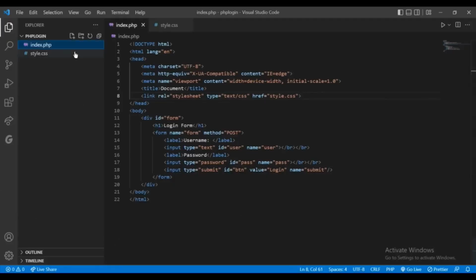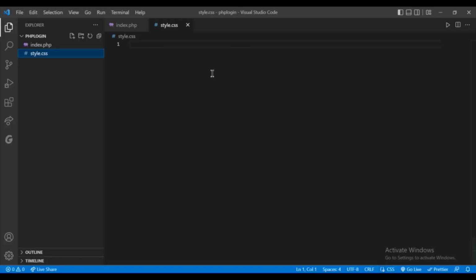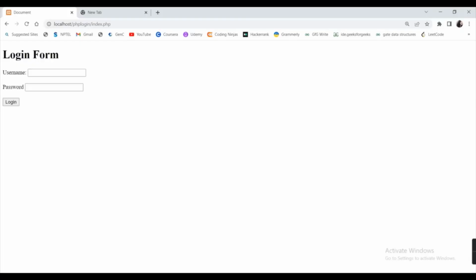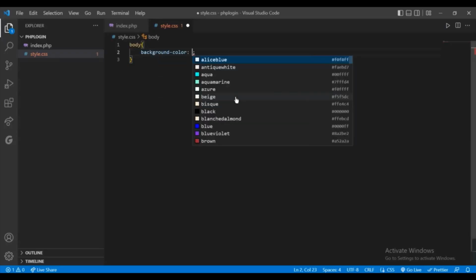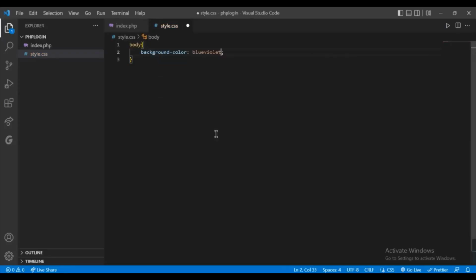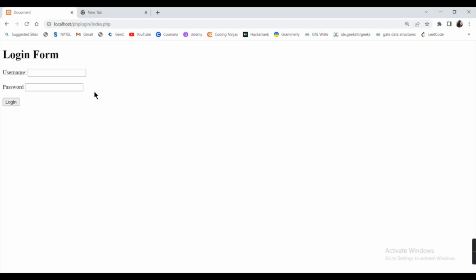So now go to the style.css and let us give some styling to it. At first I want to give a body background color, so body background color, and let me choose this blue violet and save. Let's see the output quickly. And yeah,